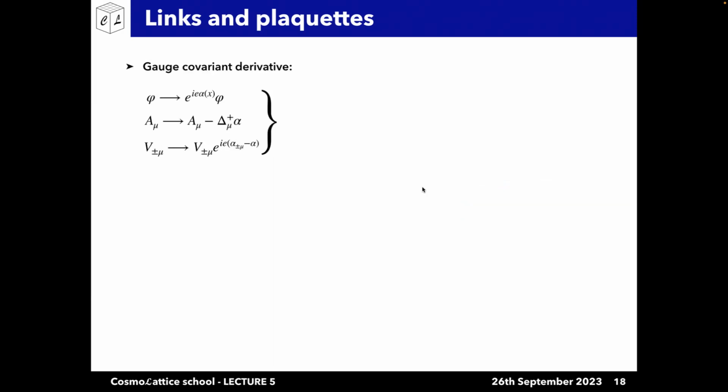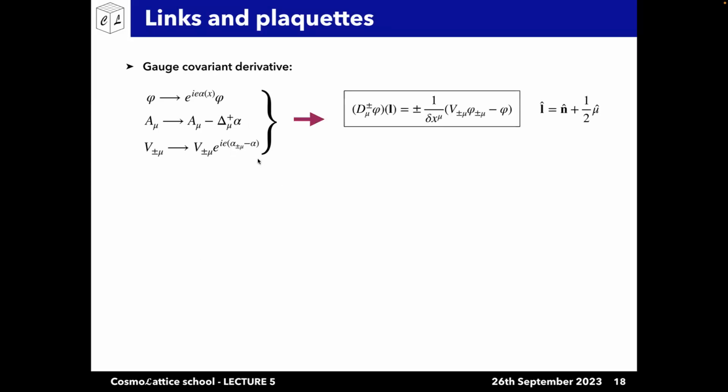So, okay, having defined the links, why are we defining the links? Well, we are defining them because they allow us to construct gauge invariant quantities on the lattice. All right. So we know how, under a gauge transformation, the complex scalar transforms, how the abelian gauge field transforms, and how the link transforms, right? So from here, we can build a gauge covariant derivative for the complex scalar, which we are gonna call with a plus minus sign here,